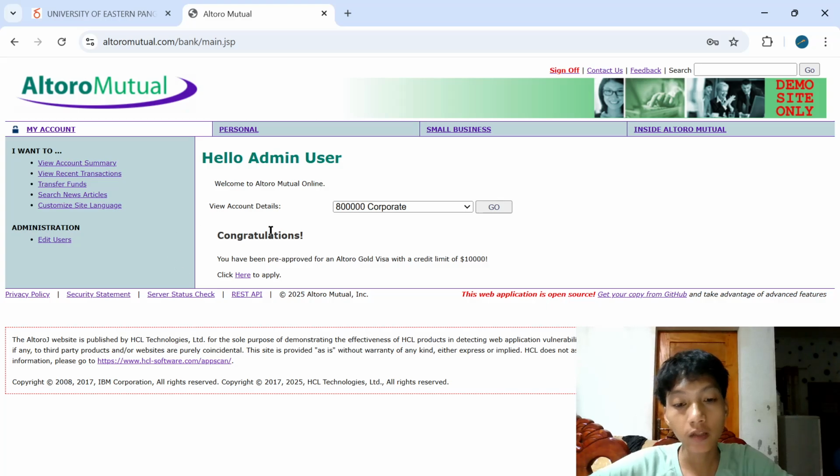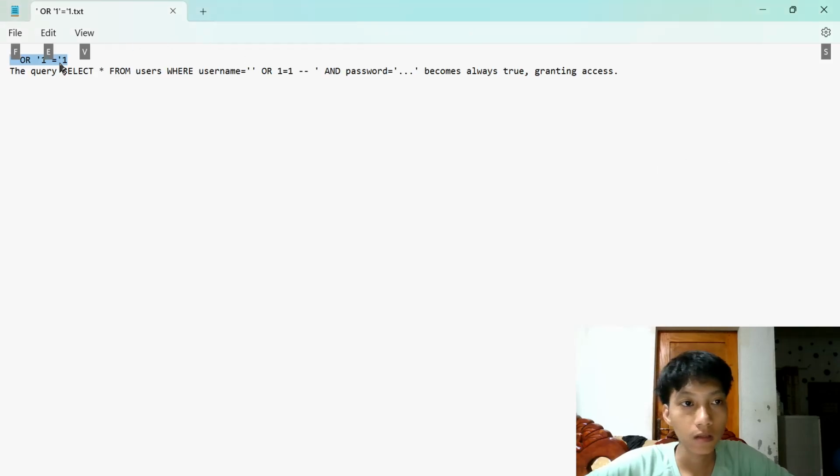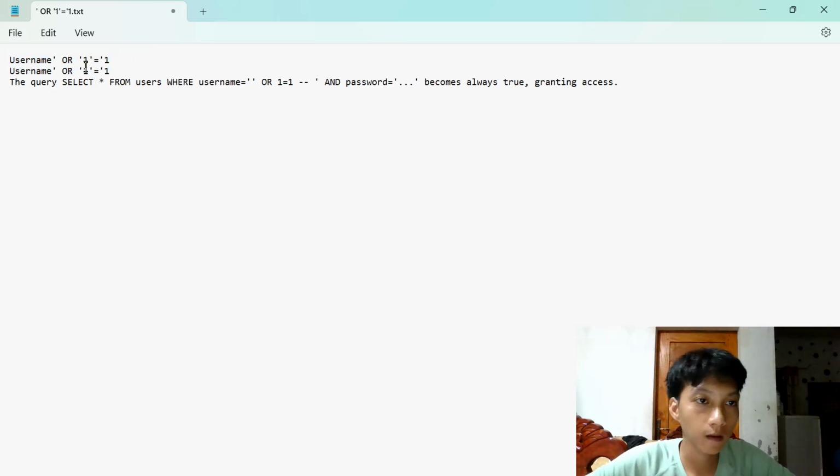So the query that we select from username where user where, as this serves as our username and also our password, like this.